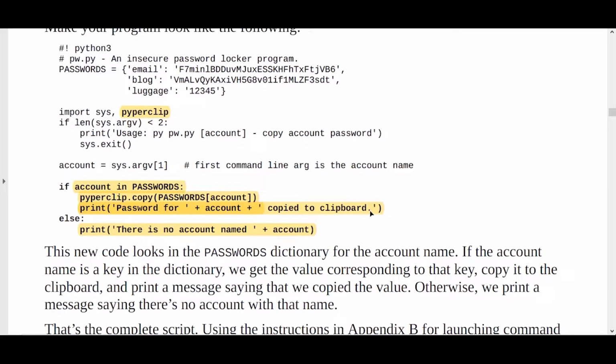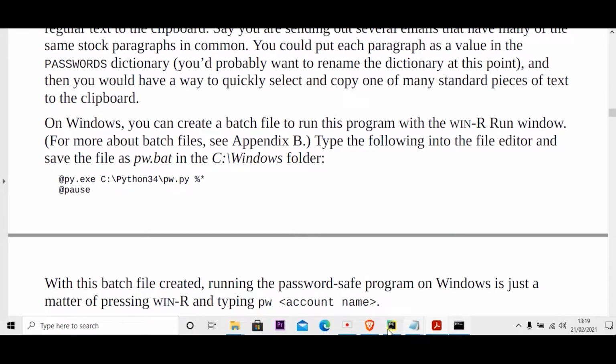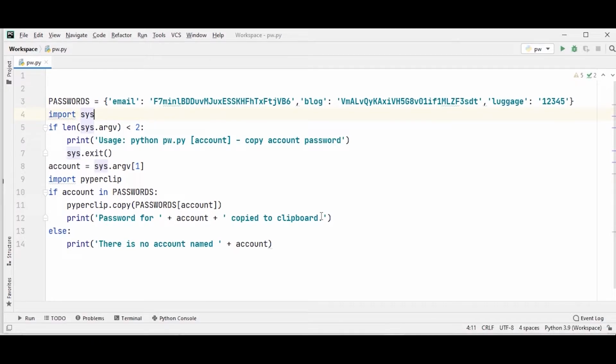Now let me show you how to run this program. I will go to my PyCharm, and here I have this program already written for you. This is the passwords variable having the dictionary with the keys and values. This is email and this is the password. This is blog and this is the password, and this is luggage, some third key, and this is the password.